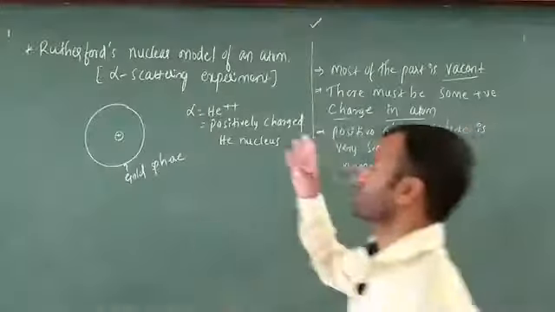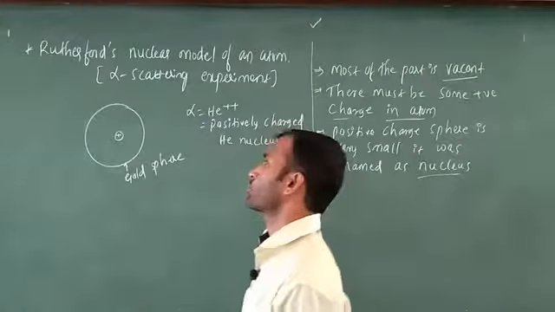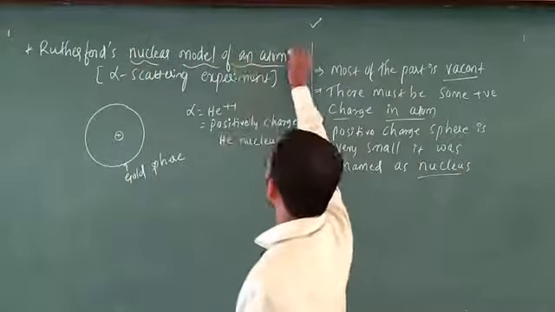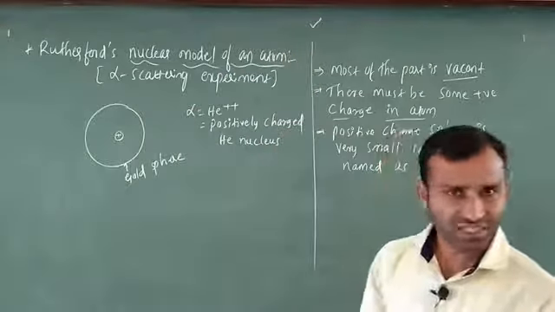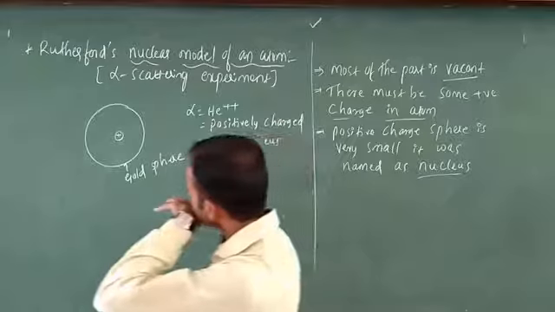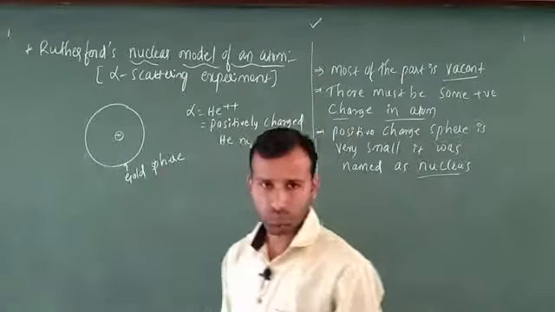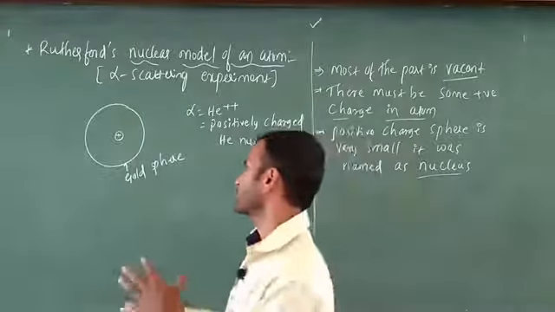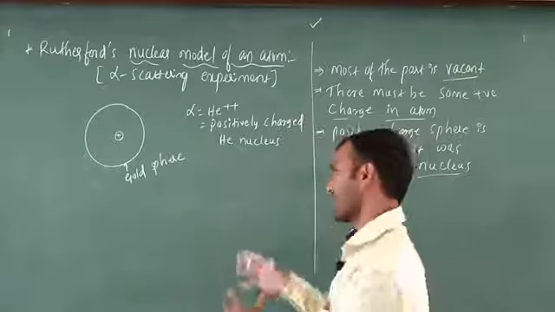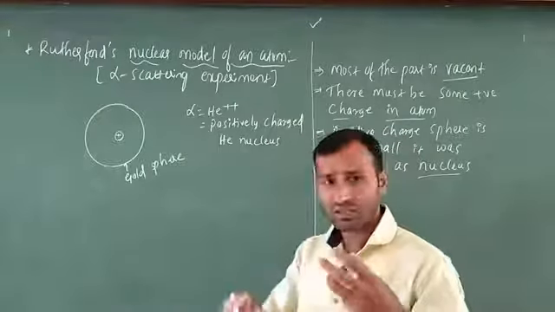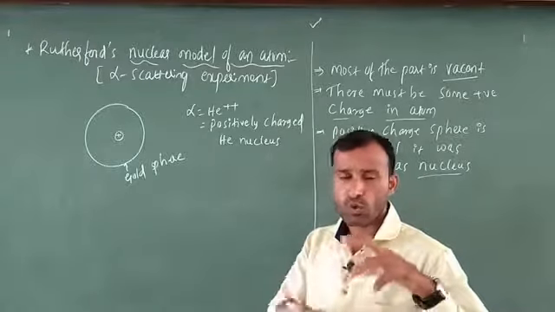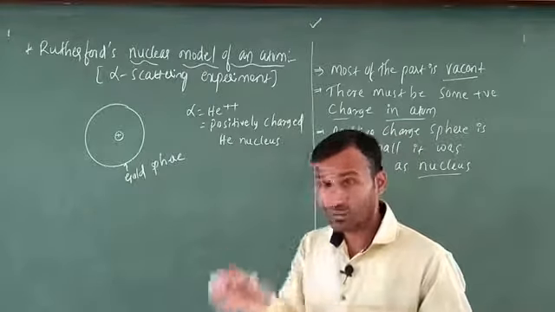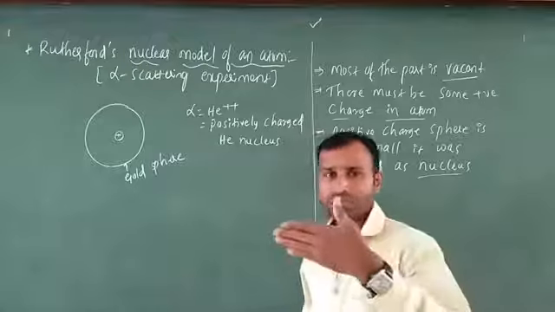Okay friends, the Thomson model is completed. The next model is Rutherford's nuclear model, the Rutherford nuclear model of an atom. Another name is the alpha scattering experiment. Here, Rutherford considers a gold foil. Gold comes under the d-block elements. He uses a radium gun, which acts as a source of helium nuclei, that is alpha particles. He puts a thin gold foil and then passes the alpha particles from the radium gun.